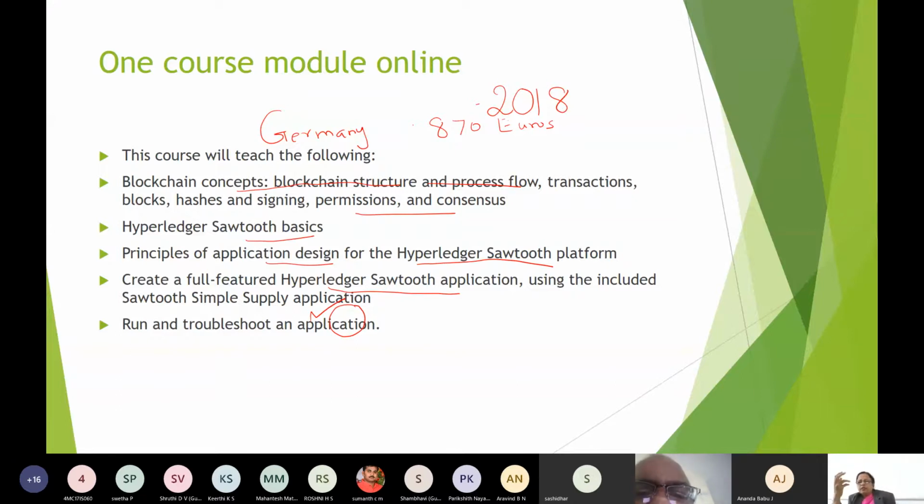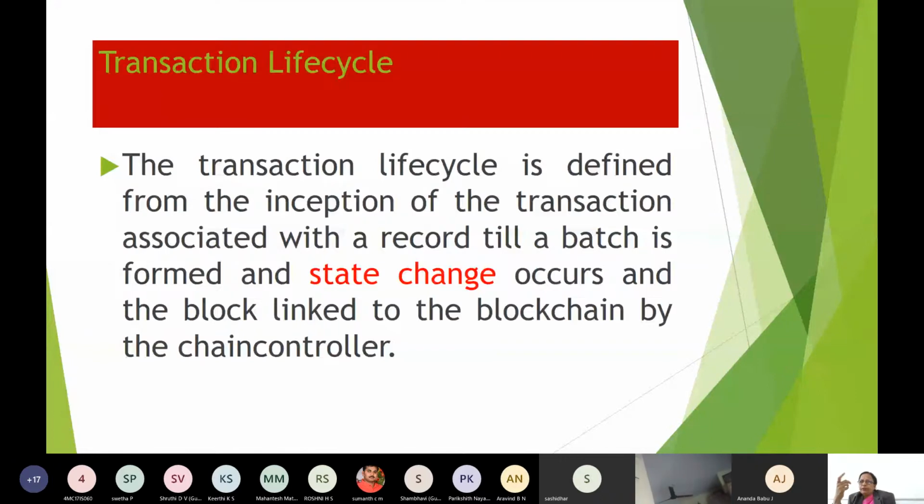Both of these platforms have gained a lot. As academicians, we have the responsibility of training our engineers for today's state of the art technology. That's why I have brought these things, and we can also contribute in our own way.